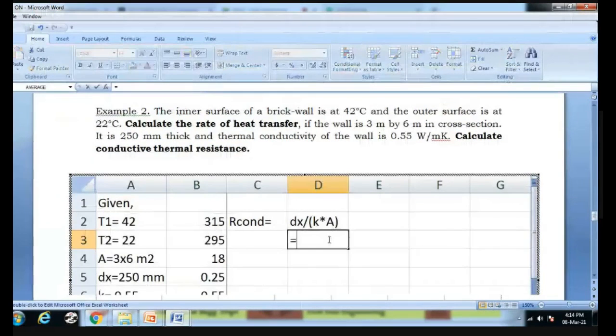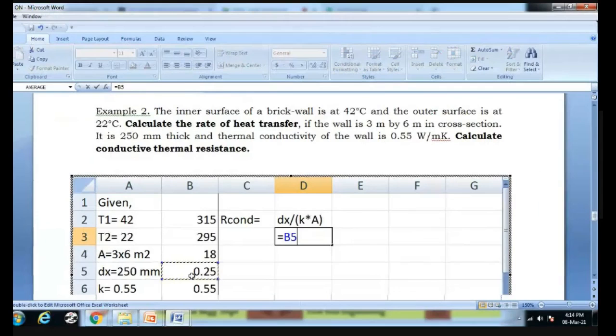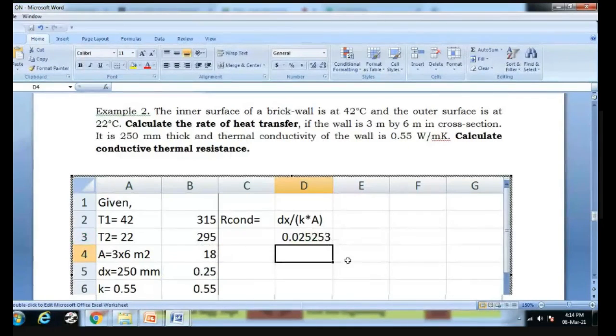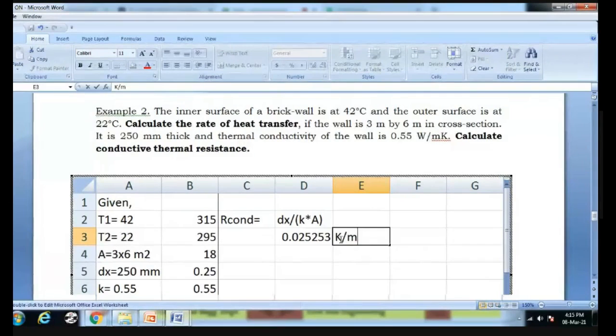So you can calculate this without any hurdle, because you have the known values here. K is this thermal conductivity, and area is also 18. So you have thermal resistance is 0.025. Fine. And what is the unit of this? It is Watt per meter. No. Watt per Kelvin. Kelvin per watt. Sorry. Yes. Kelvin per watt.